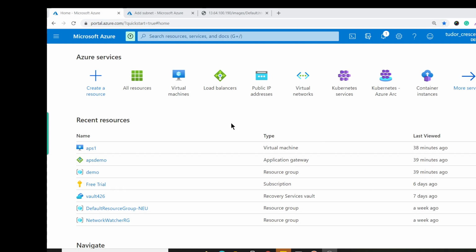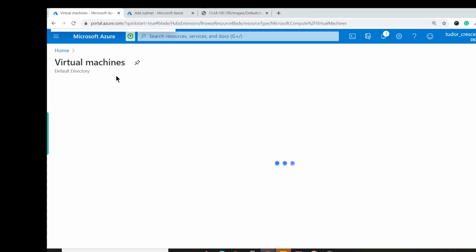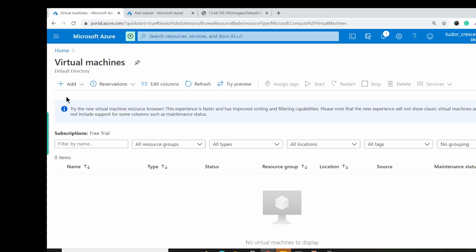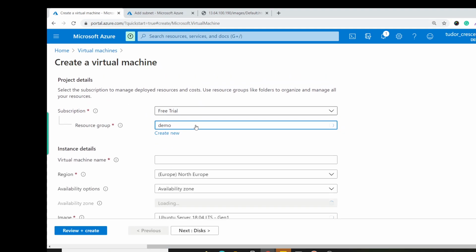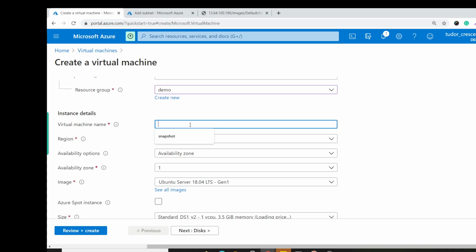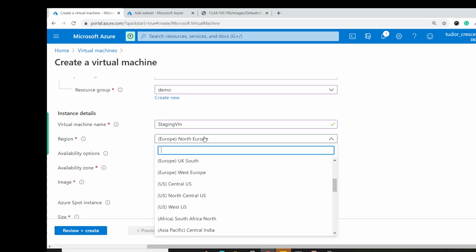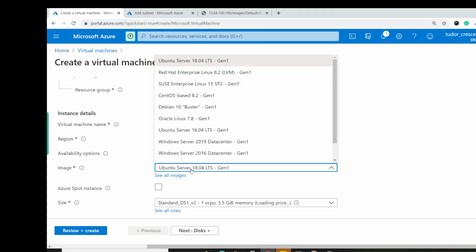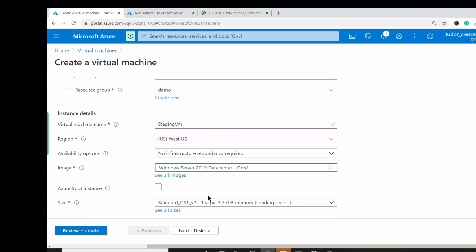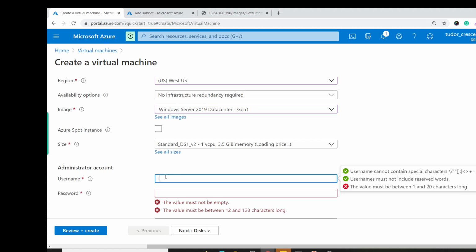So to do that, we will need to create two virtual machines basically. So first we go to add virtual machine. I'll choose my resource group. I will call it maybe staging VM, the actual VM. I'll choose maybe West US. I'll choose the image, doesn't really matter, 2019 or 2016. I'll choose 2019. And then I'll give the username, test user,